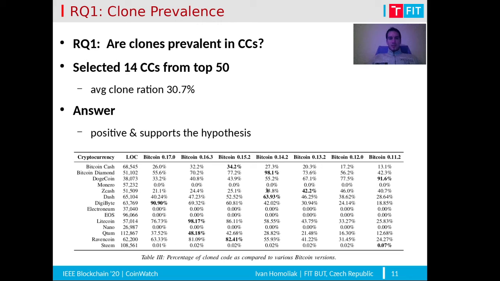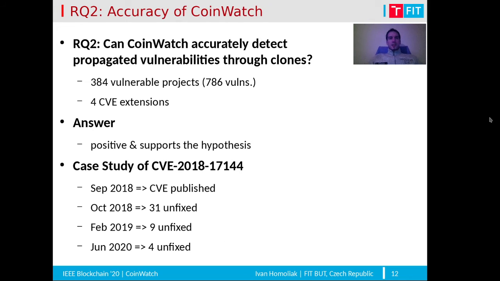EOS or Steem. Our second research question focuses on accuracy, and we ask in it whether CoinWatch can accurately detect and propagate vulnerabilities through clones. So the answer is positive, since we managed to find 384 vulnerable projects containing almost 800 vulnerabilities, so some of them have more than one vulnerability. As a result, we successfully filed 4 CVE extensions,